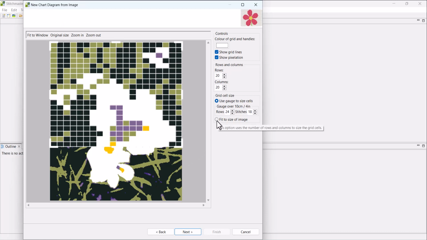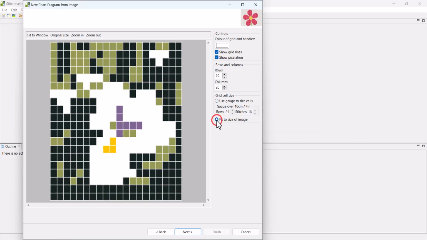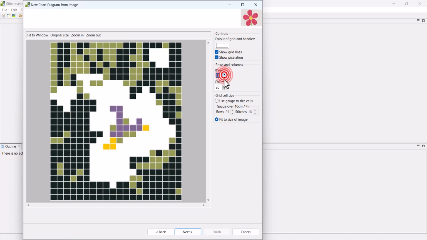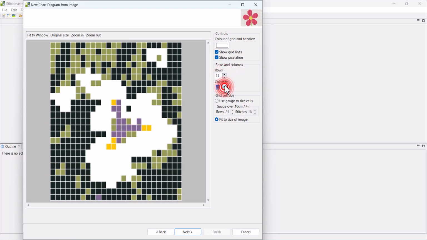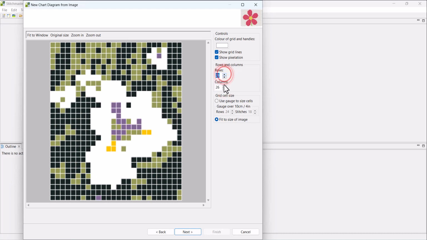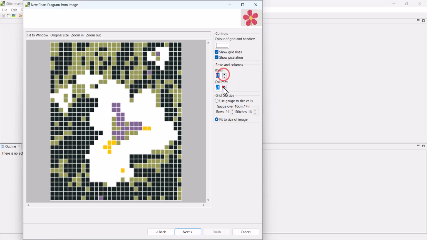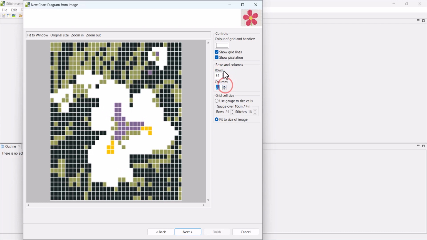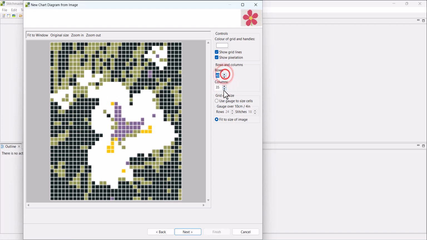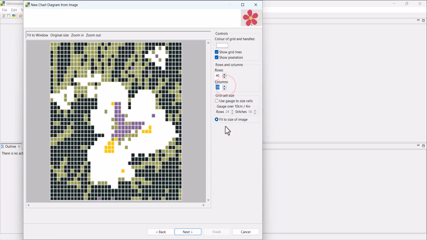Or if you're not worried about the gauge, then you can use the fit to size of image option, and again you can add rows and columns. So obviously the smaller the stitches, the more detail you will have from your image, and you can then progress once you're happy with the final design.